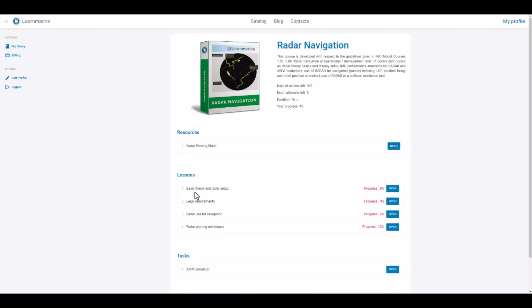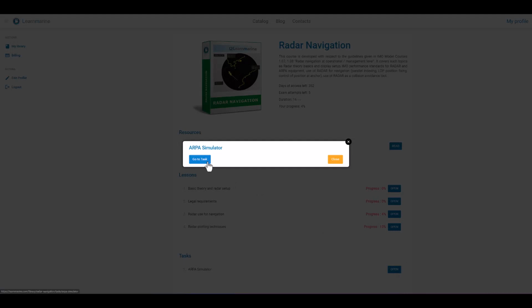Hello! In this video we are going to review how to use Learnmarine ARPA simulator, which is a part of radar navigation course. To open the simulator we should press the accordion button in the tasks section of the course. So let's click open, go to task,